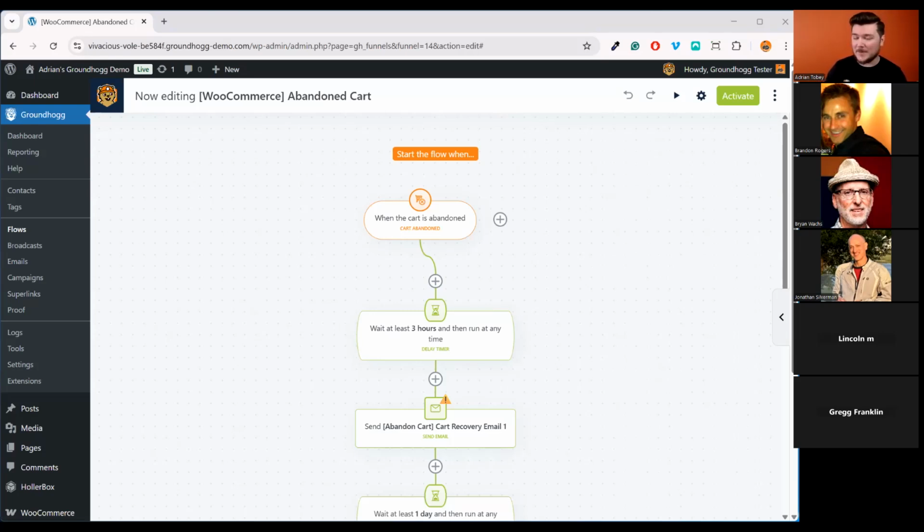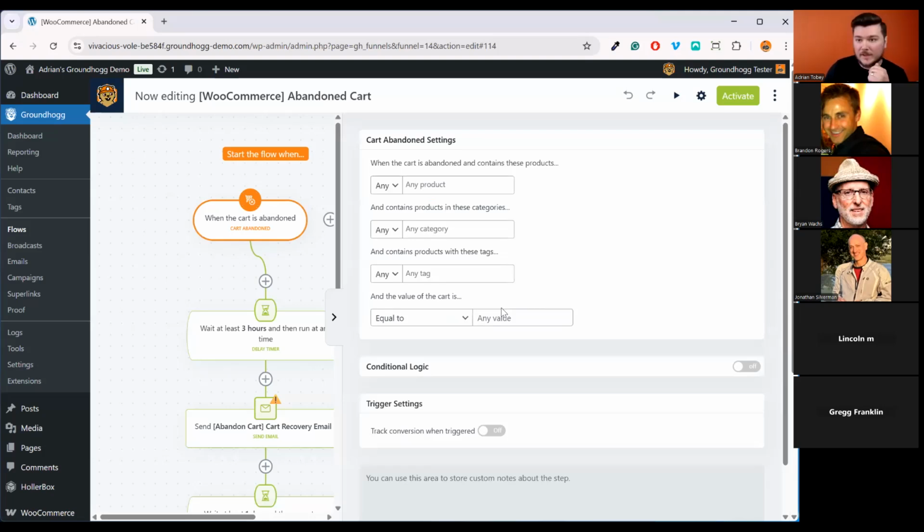So if you don't have this, you're missing an opportunity. Stats show that typically an abandoned cart sequence can get you up to 10% of your lost revenue. And I think there is an abandoned cart report in WooCommerce, so you might want to go check that out to see exactly how much revenue you're leaving on the table. The nice thing about our abandoned cart feature versus other tools is that you can actually filter